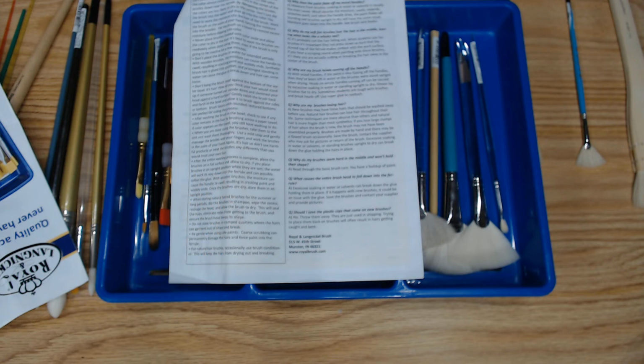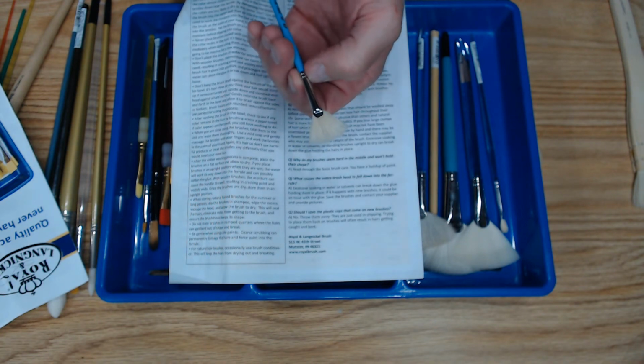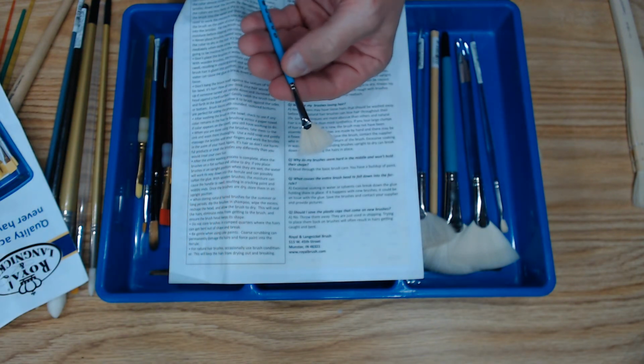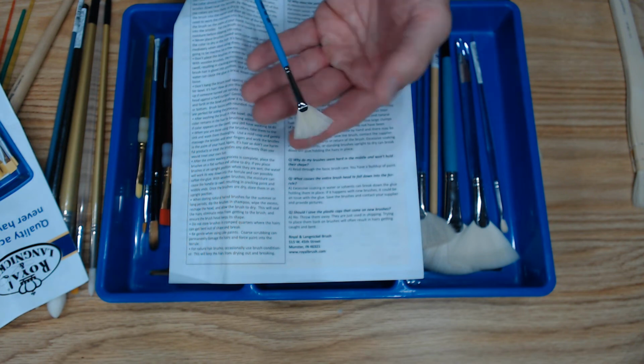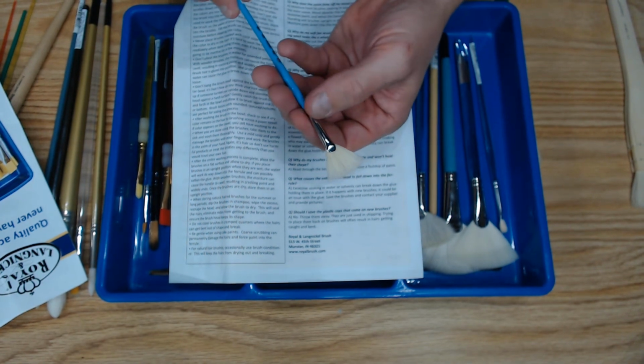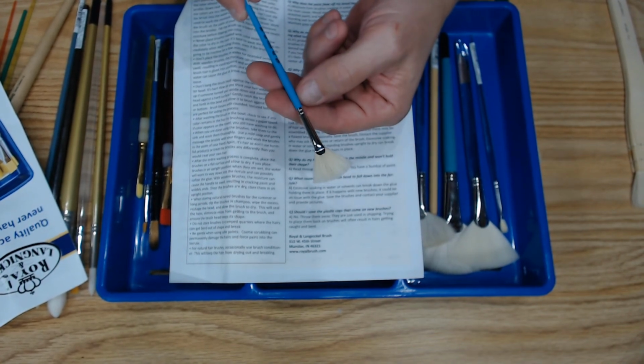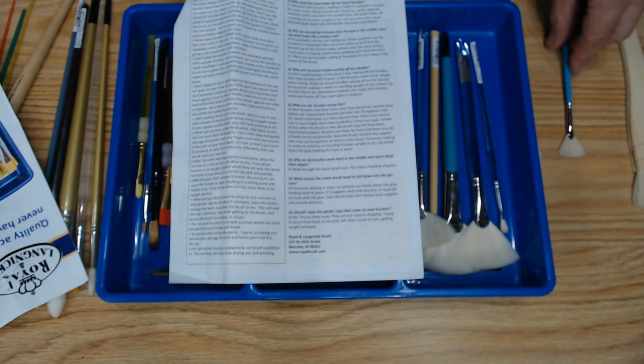I talked about the fan brushes losing hair in the middle. Why are my brush heads coming off of the handles? I kind of talked about that too: if that wood expands on an inexpensive brush, that ferrule can stretch if it's a real inexpensive aluminum, and then that head falls off of the brush. Now, you can put some glue back in there, put that back on, twist it, and reattach it to the handle. On acrylic handle brushes,